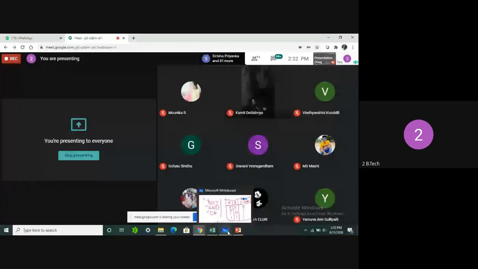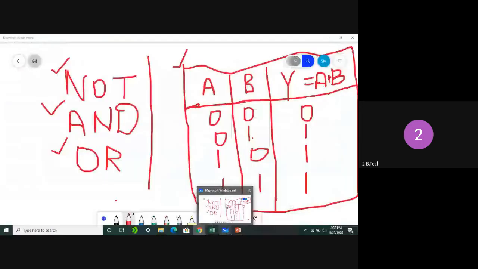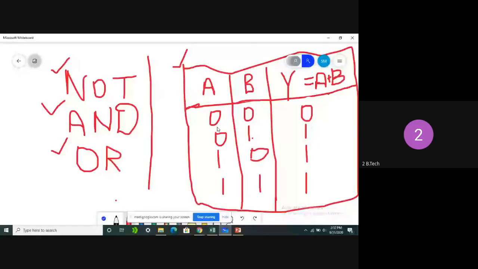Okay, see here. This is the truth table for OR logic. From this, what we can learn is if both inputs are low, output is low. If either input is high, output is obviously high. That is what we are observing from this. This is how the OR operation can be performed on two signals.